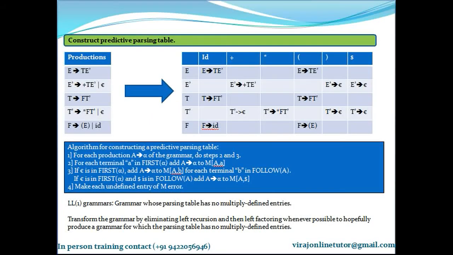So this is how we can construct the predictive parsing table now. These are the set of the productions. So given the grammar, I eliminated left recursion, I performed left factoring, and then that grammar was readied for use to have a recursive descent parser. Recursive descent parser can be implemented using predictive parser. First I explained to you all how to parse a given input string using predictive parsing table. ID plus ID into ID, right?